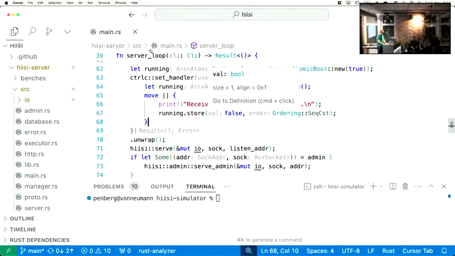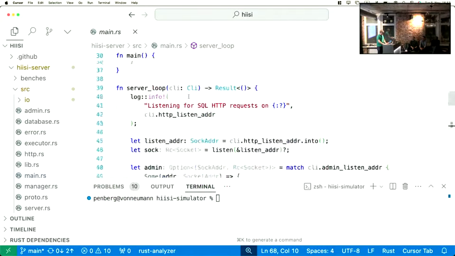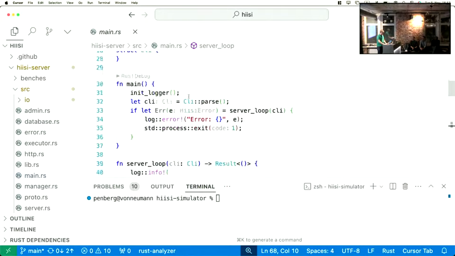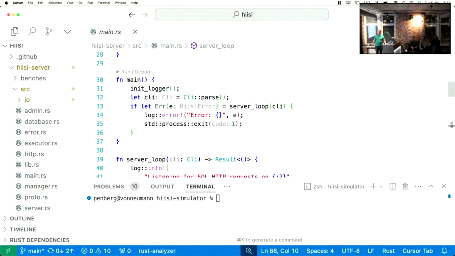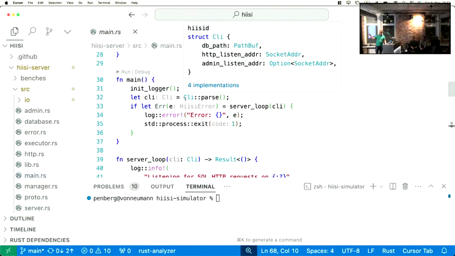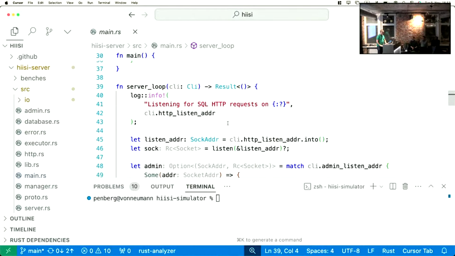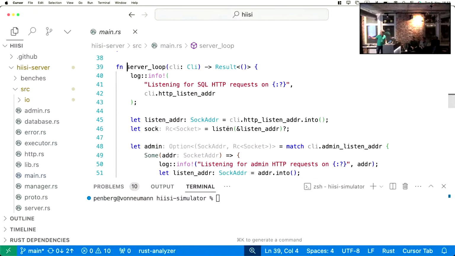So here is actually the server loop, right? Let's first look at that. Main, that's the entry point. We get some command line parameters. Then we run the server loop, right? What the server loop is doing here is